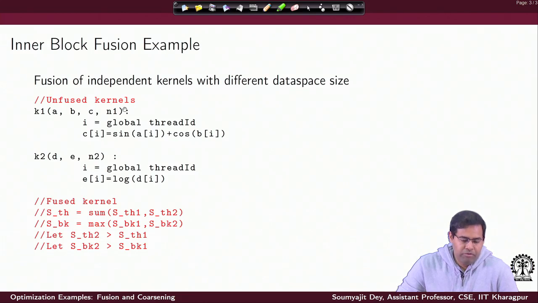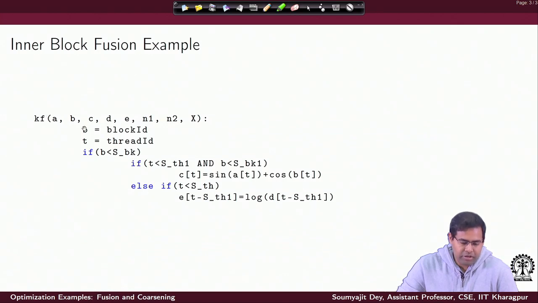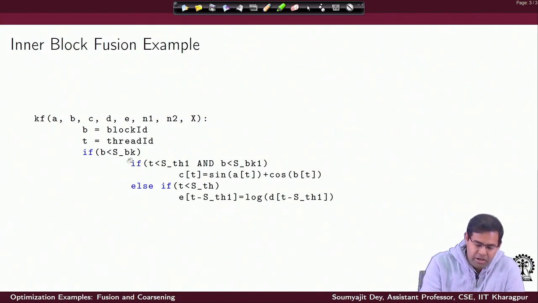Now, these are the unfused kernels, right. When we are going to fuse these kernels, the first part is again the same. I have the block ID and I am going to have the local thread ID computed using the threadIdx and blockIdx parameters, that is of course fine. The next thing is that the thread first has to figure out what its block ID is. Now, why is this important? Because if the block ID is beyond the max, then of course there is nothing to be done. So just to remember, SBK here is the number of blocks for the fused kernel.